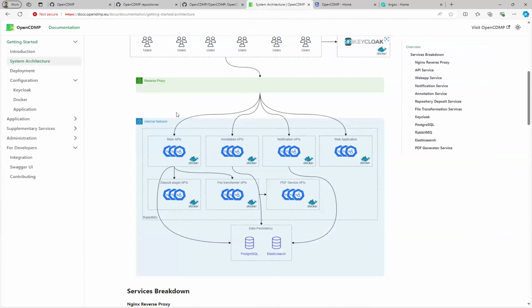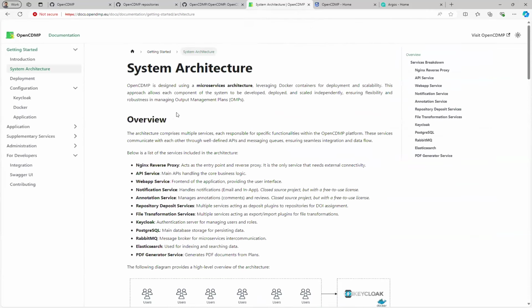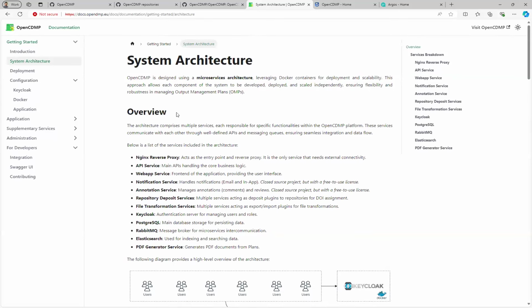This site is actually the docs page that we will publish probably in early 2025. We try to document everything as much as we can in order to help someone that wants to either use the software in their own installation or configure something in the existing installations that we have.